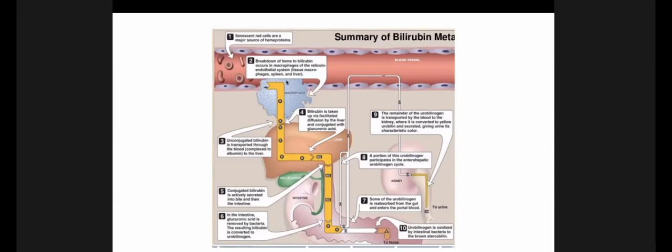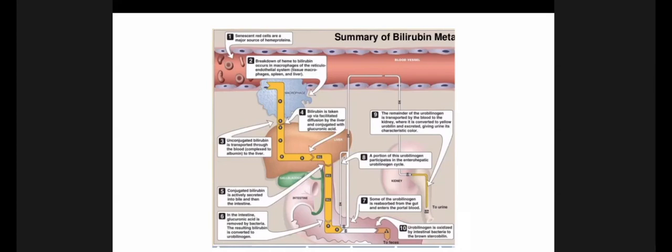Now, where does all of this occur? It occurs in your reticuloendothelial system, right? Where you get macrophages. Now, heme is broken down into bilirubin, which is in an unconjugated form, meaning it's just bilirubin. It's not a water-soluble substance, so it's bound to protein in the circulation, and then it is transported in the blood to the liver, bound to albumin, right? So because it's not water-soluble and because it is protein-bound, it is not going to be found in your urine,